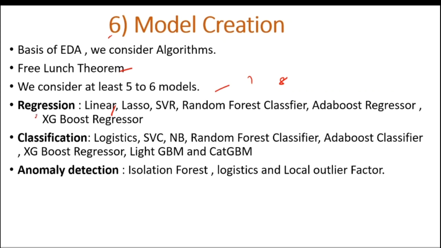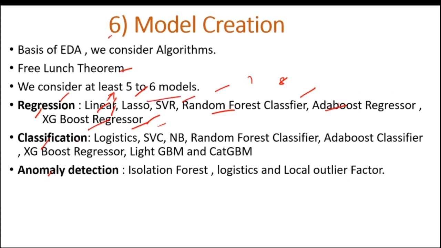So there are three kinds of problems: regression, classification, anomaly detection. If it is a regression case, first we will try linear. If we are getting good accuracy in linear, we will try lasso. If lasso is not giving good accuracy, we can try another model. If linear is giving enough accuracy, we can stay with linear. If accuracy is more of a concern, then we will try another model, like random forest, but it takes much time in training. So basically we can go for AdaBoost regressor, XGBoost regressor, but XGBoost takes much time to get trained. So if time is the concern, we can go with these if we are getting good accuracy.